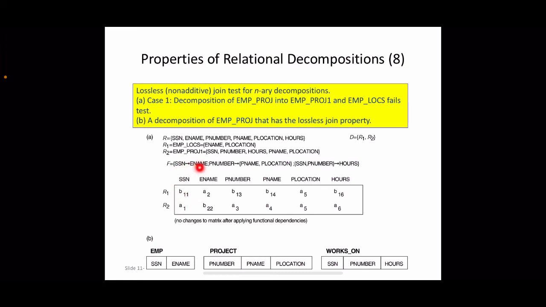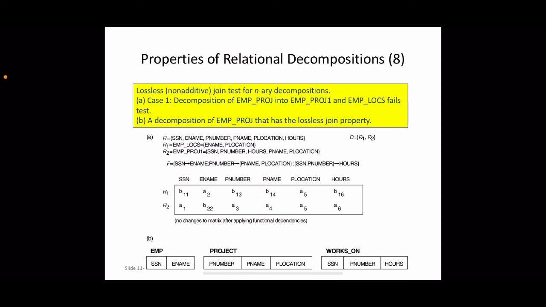So leave that functional dependency. Take the second one, P number determines P name, P location. Whether any two relations having P number column having the same value, P number is this, right? B13, A3, not the same. And take the third dependency, that is SSN, P number. If this combination has the same value, SSN, B11, no, never, it will not be, right? Already we have checked for SSN. We don't have any such relation. So definitely this combination also will not be the same. So we don't have any changes to be done in this matrix, right?